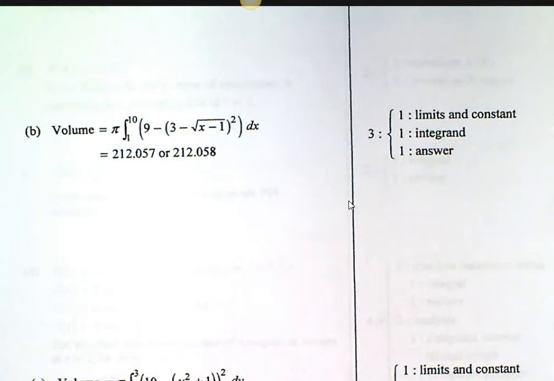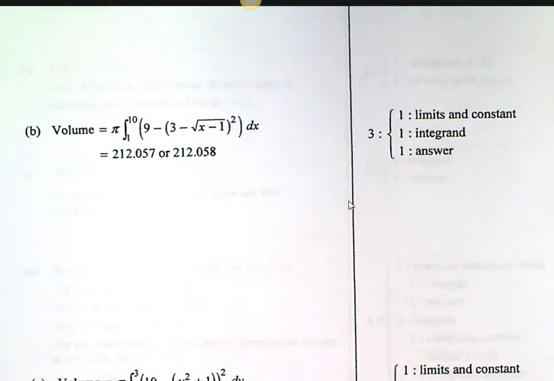What is the limit? Limits from 1 to 10. Oh, I got that right. You got from 1 to 10 and pi, you get the point. And then you get the answer. I didn't get the answer. We didn't put it in the calculator. I got 90.